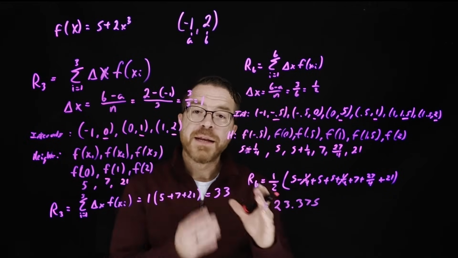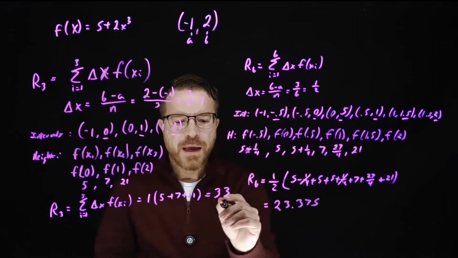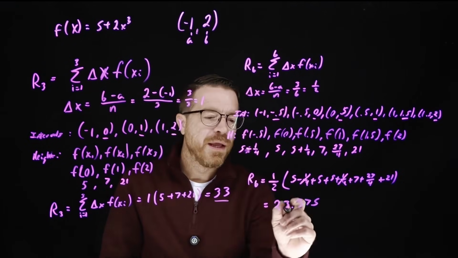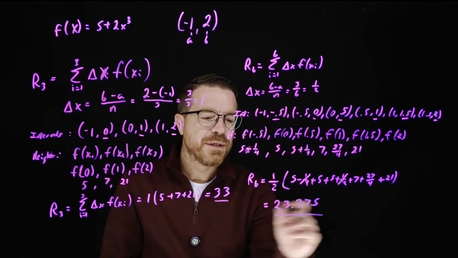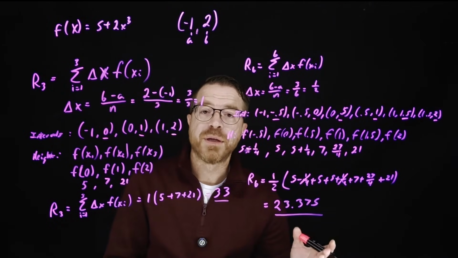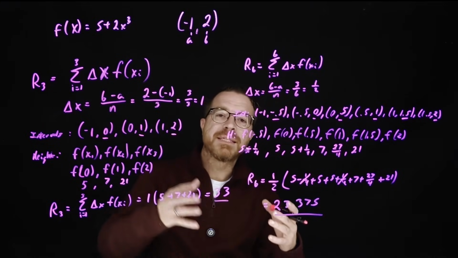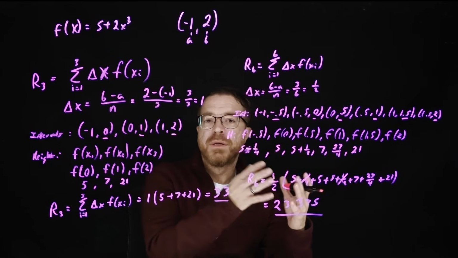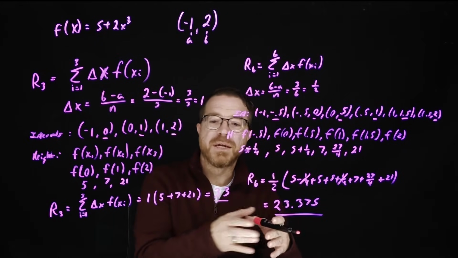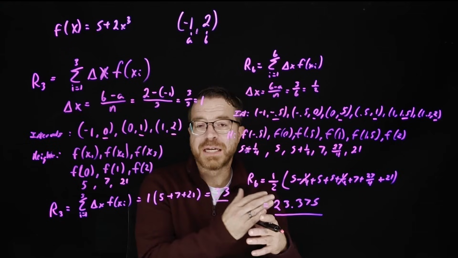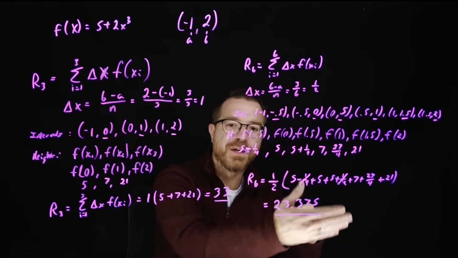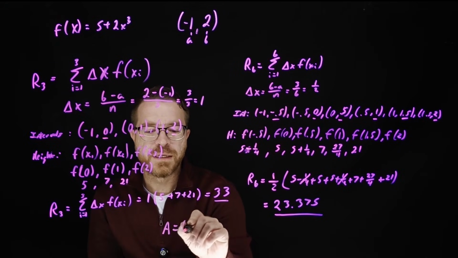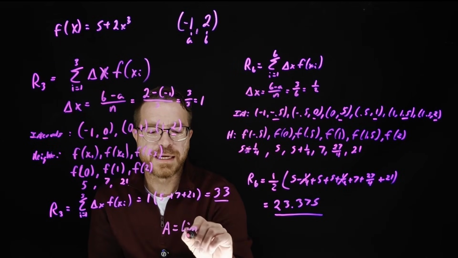23.375. Now you might notice when comparing these two, when I did 3 subintervals, I had an area of 33. But when I had 6 subintervals, I had an area of 23.375. So what this means is that as I'm taking more and more subintervals, we're approaching what the actual area under the curve is, right? Because when I have 3 subintervals, in this case, it looks like I'm overestimating, and I'm getting closer and closer until I reach my actual area, which is going to be the limit as n approaches